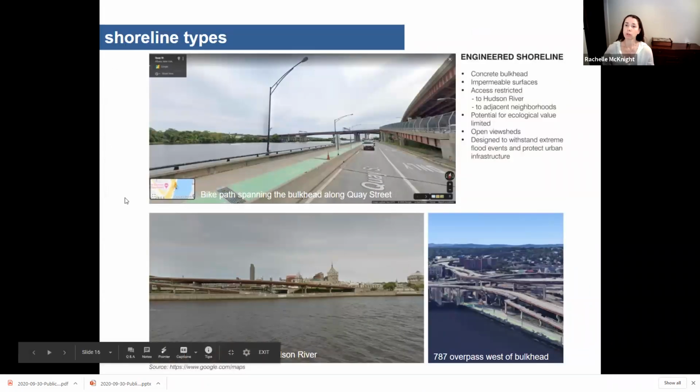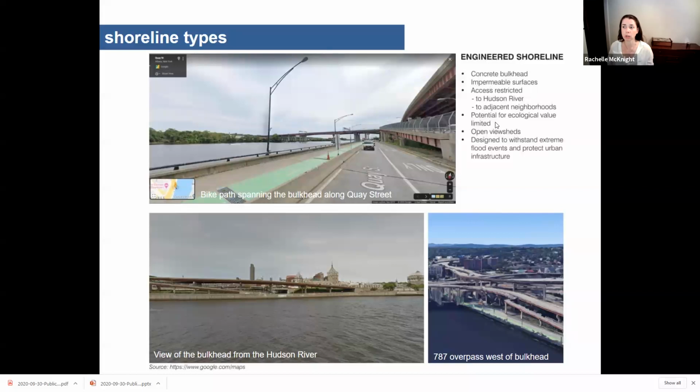So moving through, taking a look at the existing conditions along the shoreline here, you've got a variety of existing types of shoreline stabilization measures. So you've got what's called an engineered shoreline. It's a concrete bulkhead. These bulkheads, it's another type of term for retaining wall. They're typically very, very strong. They're constructed against the waterway. They're holding back the land.